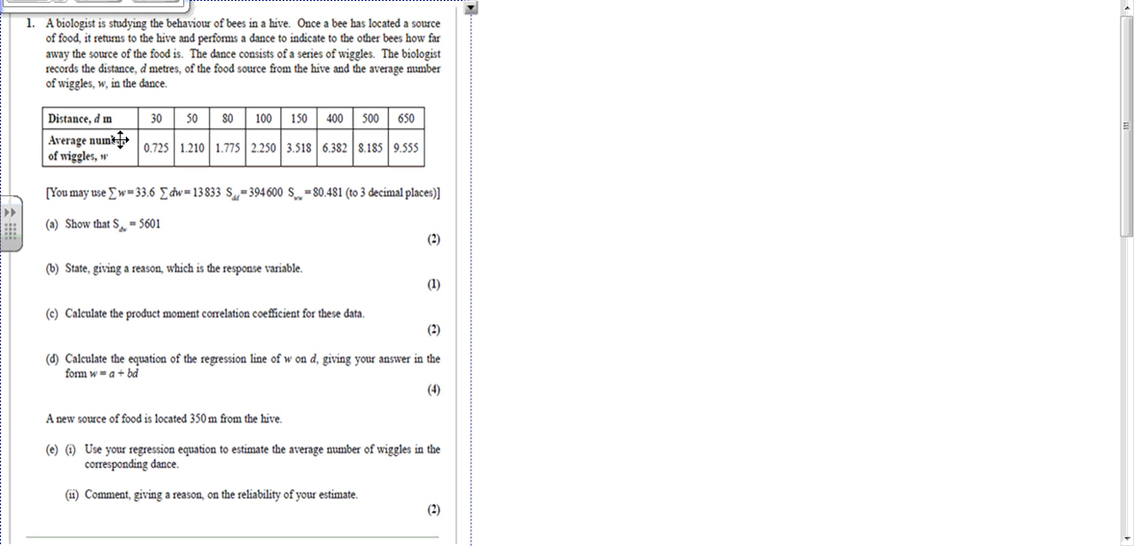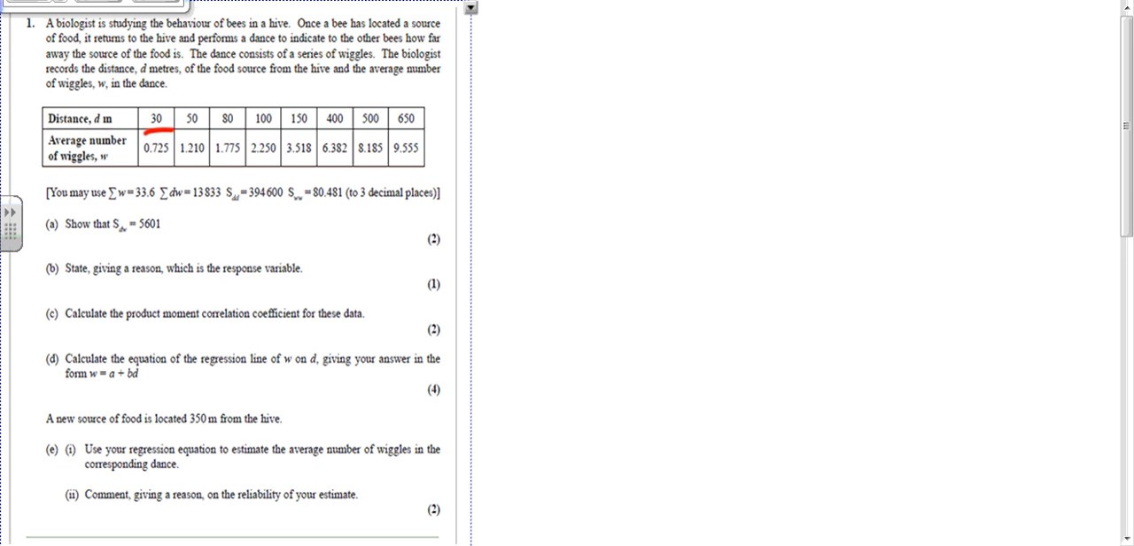We've got a biologist studying the behavior of bees in a hive. Once a bee has located a source of food, it returns to the hive and performs a dance to indicate to the other bees how far away from the source it is. The dance consists of a series of wiggles, so the biologist records the distance in meters of the food source from the hive and the average number of wiggles. So if we look into that a little bit more, what we've got is